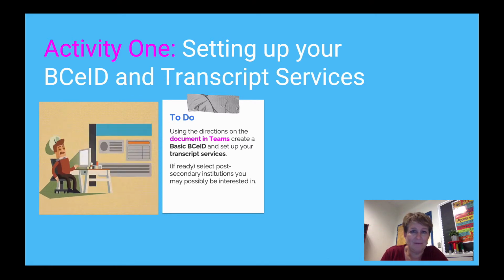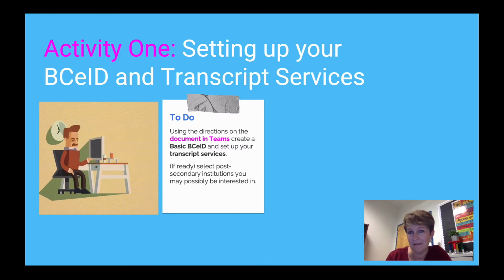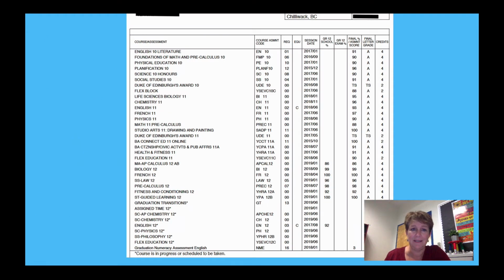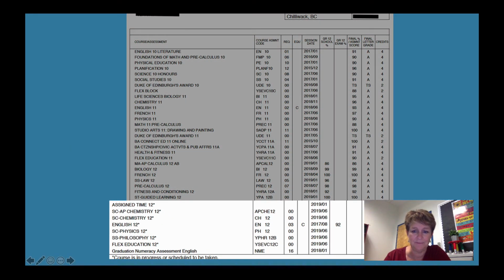A transcript basically shows all of your marks and your courses, and it doesn't matter that you haven't done all your courses yet. Here's an example transcript, and you can see near the bottom that there are some courses without grades here, and that's because those are courses that are scheduled but haven't been completed yet. So if you're applying for programs, the schools can see that you are scheduled to take those courses, the marks are coming, and the nice thing about this transcript service is as your marks are upgraded, it forwards new copies